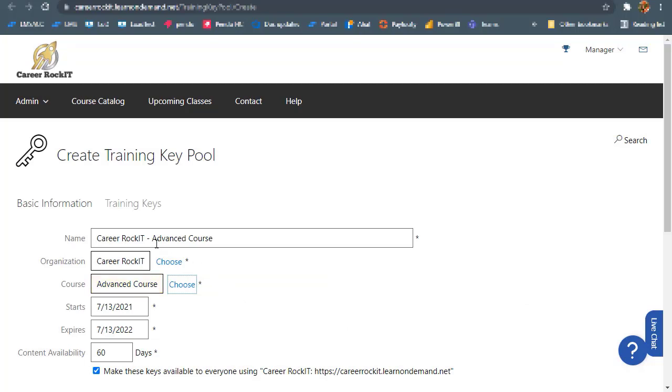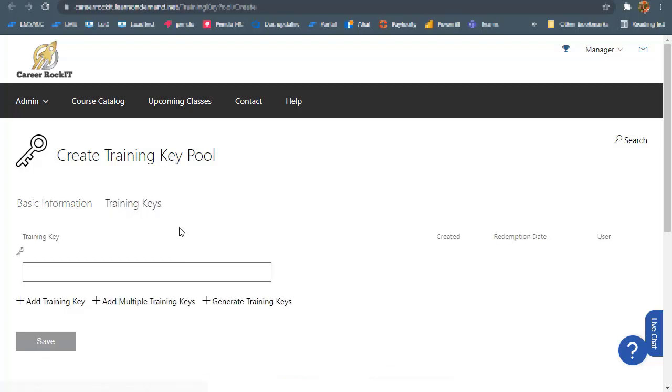And you can see after I picked the course, it input my organization name and the name of the course. We're going to change that though. And once I have input the name, we're going to talk about these different options down here a little bit later. We'll go to the Training Keys tab, and you have 3 different ways that you can enter training keys